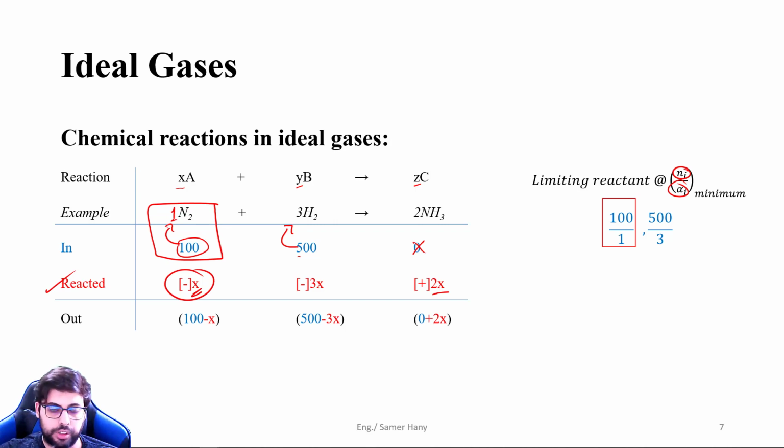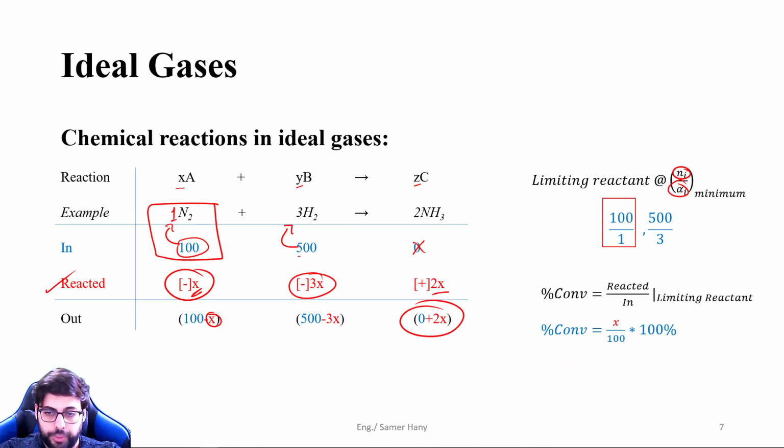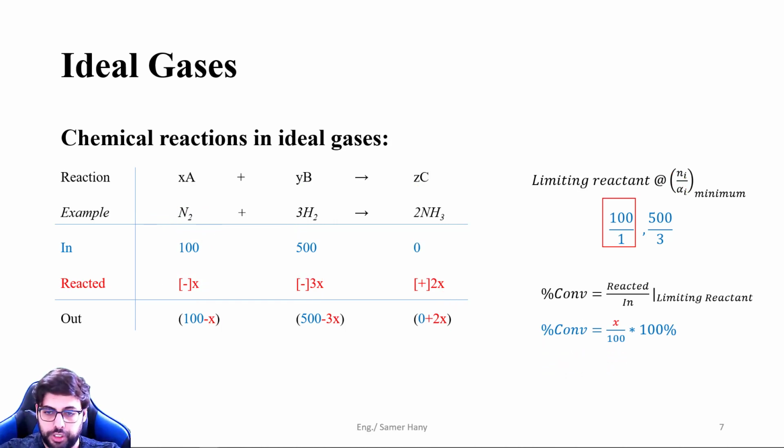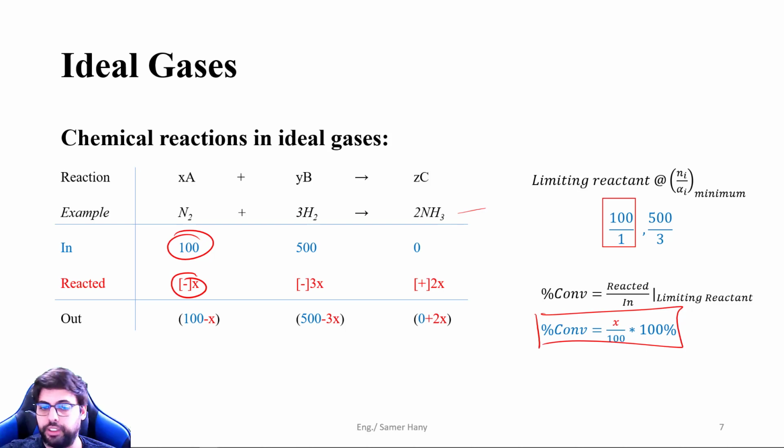Initially, there were 500 moles of hydrogen, and minus 3X reacted with this X of nitrogen to produce this 2X of ammonia. Right? So the conversion percent is just the reacted amount, in this case X, over the inlet amount of the limiting reactant, which is the 100 moles here,